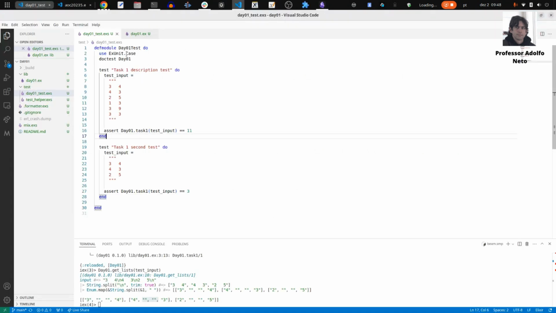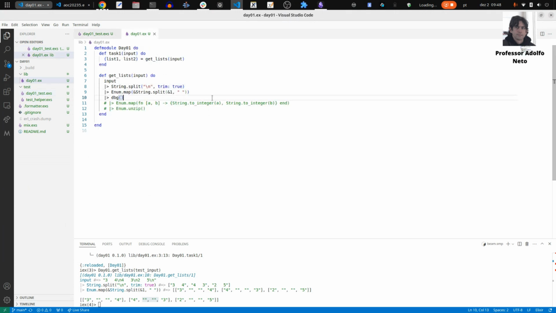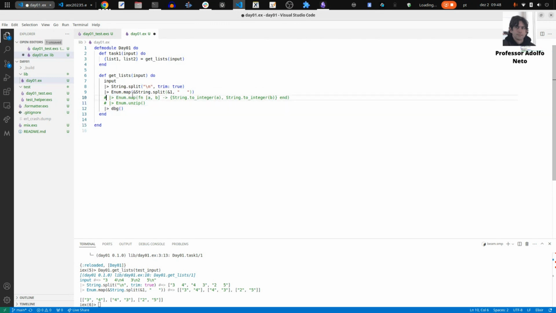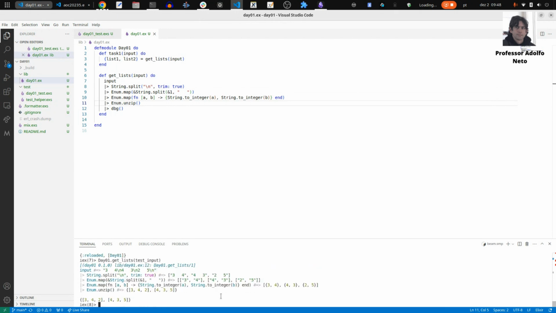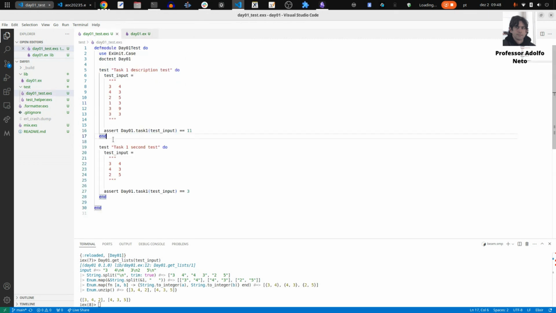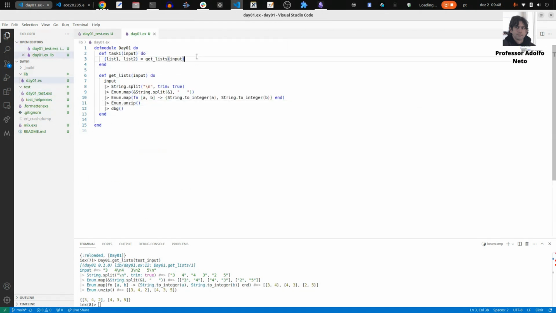So I just have to fix it here. Put 3 here, and then reload. Yes, oh, but it's going to convert it into integer. Reload, get lists. Okay, 342 435. 342 435. Okay, and now all I have to do here is to